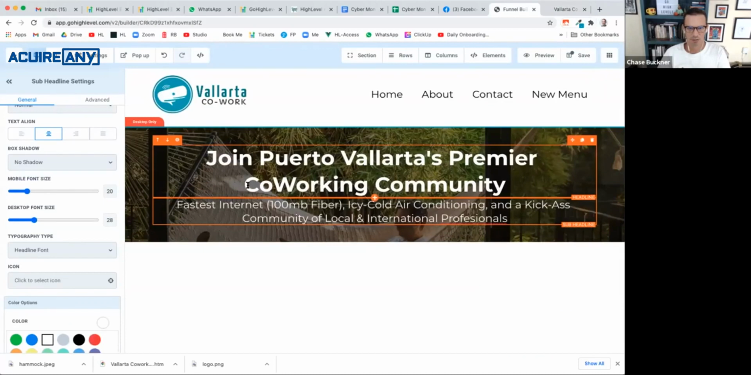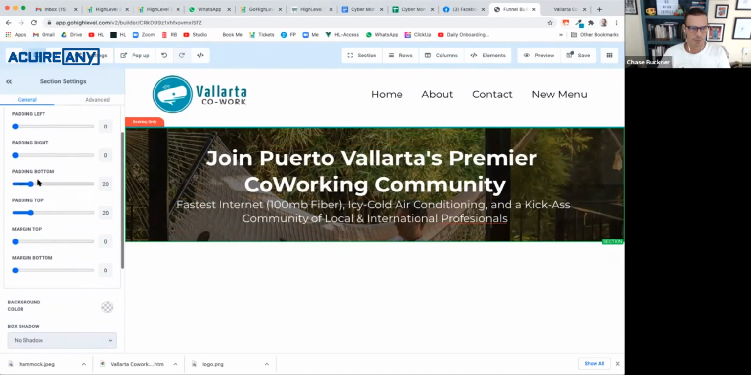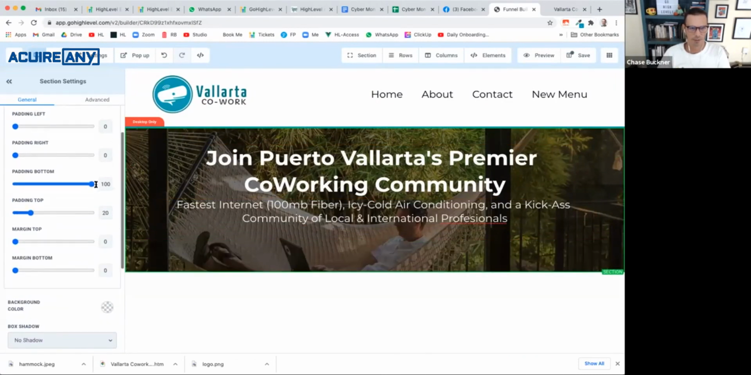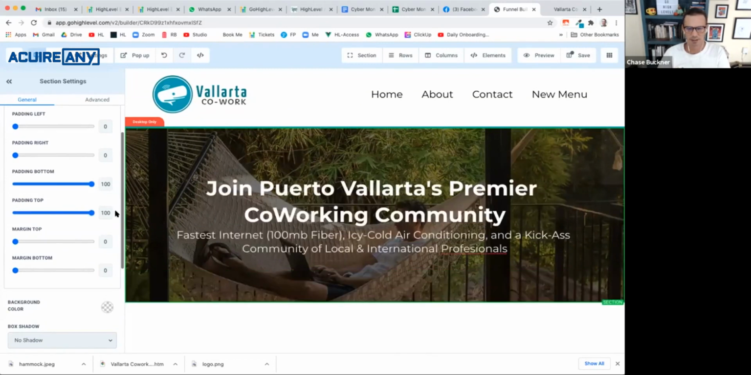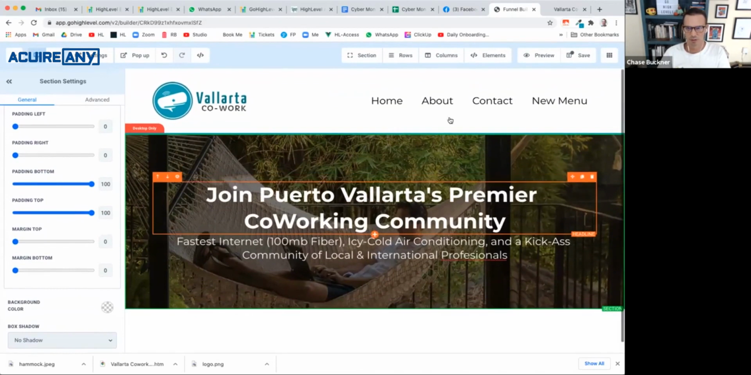Okay, that looks about right. And now let's add some padding. So if I click back to my section and I crank up my bottom padding and my top padding, now I've got more room. And you'll see as I scroll, well,